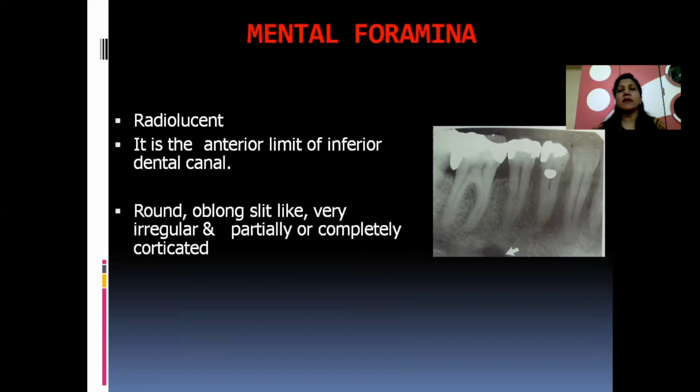The next one is you have to take a radiograph with a different angulation, that is by the slob technique or by Clark's rule. What will occur? If it is a periapical pathology, as it is attached to the tooth, it won't move anywhere. But as it is a foramen, it will shift depending upon where exactly you are giving the angulation. And that identification is important. Otherwise, considering the tooth to be periapically infected, you will unnecessarily do the RCT on that particular tooth, and so it is important.